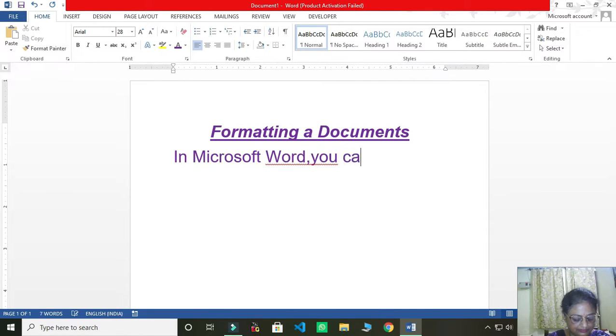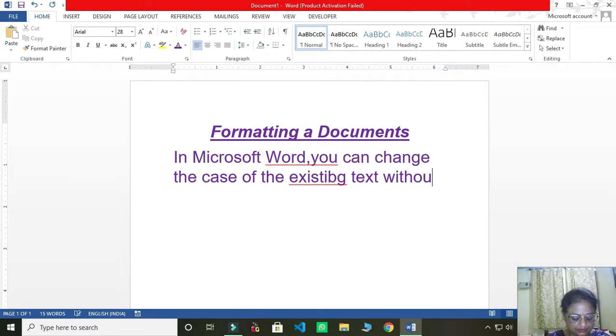You can change the case of the existing text without retyping it.